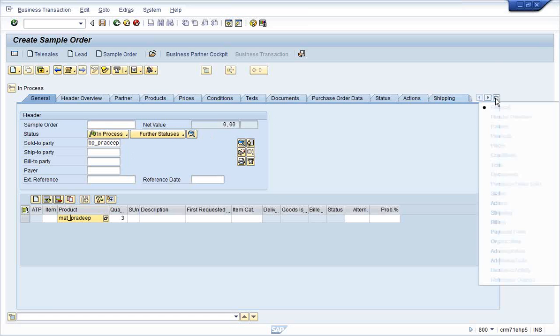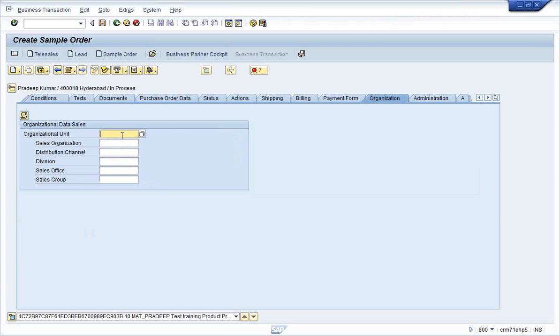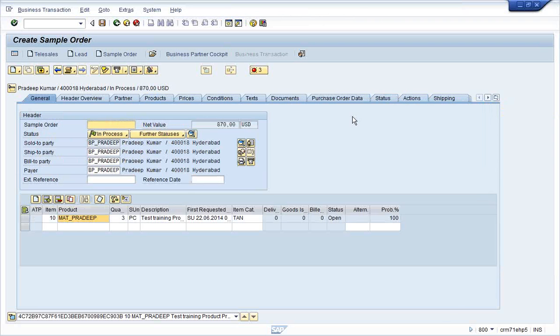In this transaction type, some automation has to be done so that it picks up the sales area common to these two, but it is not happening, and I have to enter it manually here. Actually this should happen automatically. Okay, the moment I enter this information, you will see the pricing appended here after processing. So pricing is calculated. Now it is calculating $870.